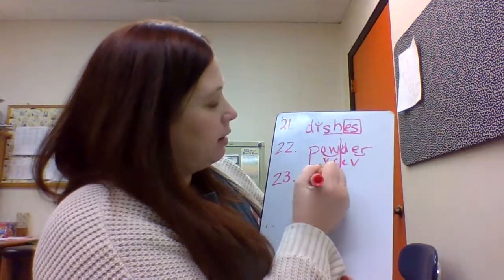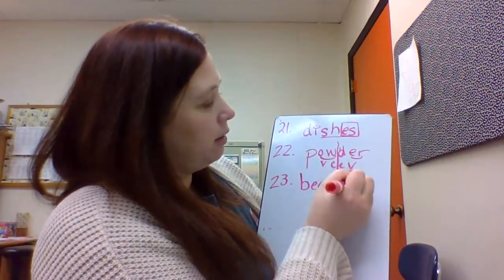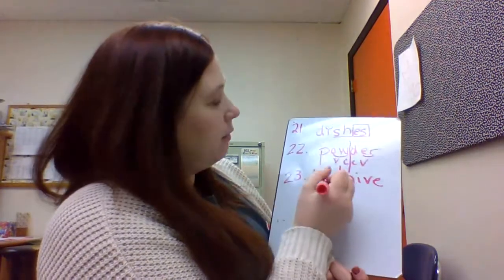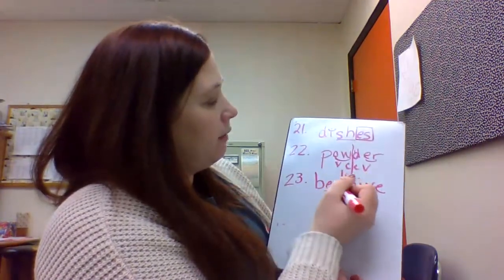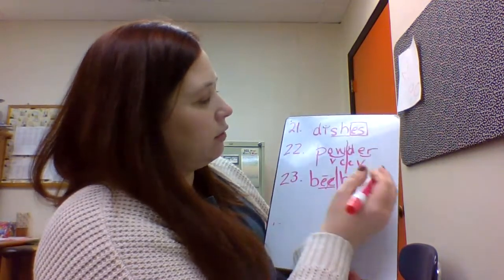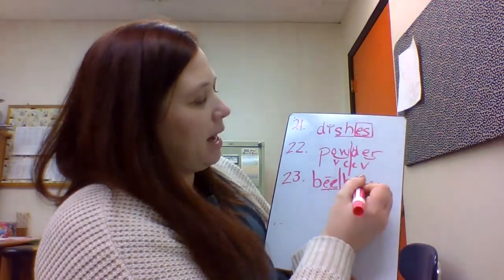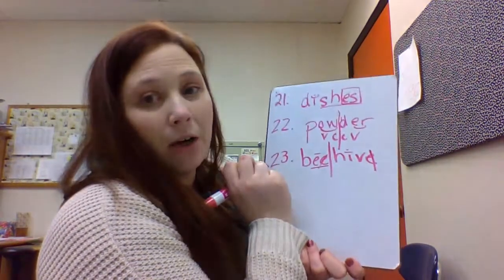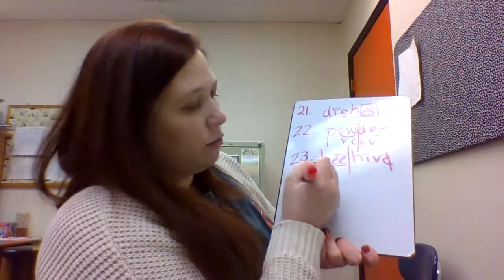Beehive. Beehive is a compound word. It's a bee and a hive. We're going to draw a line between bee and hive. We're going to underline our EE digraph, cross off our second E because it does, and the first E does the talking. Here we have I consonant E, so our sneaky E goes away, and our I gets a macron. 24,